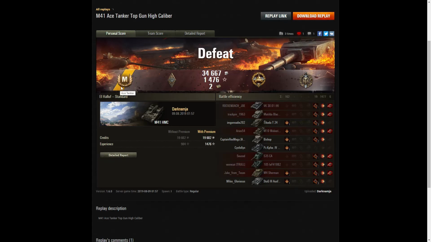Well, it was an ace tanker for Darknamja in the M41 HMC, but he got a bruiser medal for getting at least 5 critical hits. He got 19 in that one. He got the high caliber for dealing the most damage in that battle, and he got a Top Gun for getting at least 6 kills, but unfortunately he lost the game because those 2 enemies were able to cap out